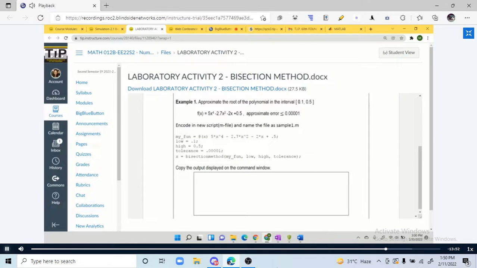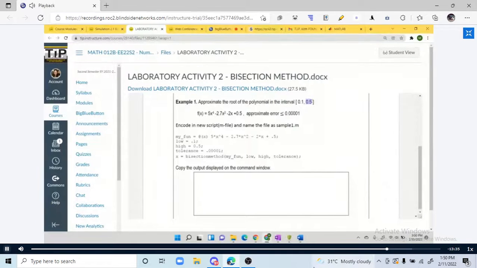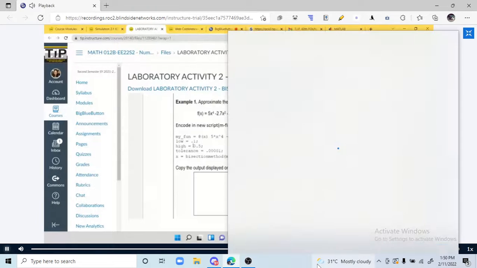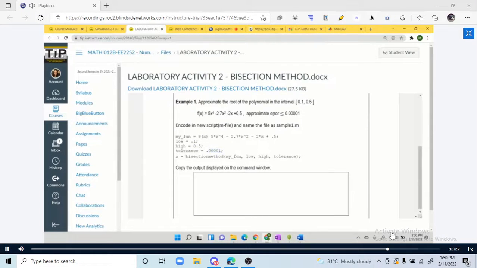to 0.5, no? So, ito yung sinasabing low. Ito yung low, yung mas maliit na endpoint ng inyong interval. Yun yung low dito sa function mo. And then yung high would be yung mas malaking endpoint. Yung tolerance is actually yung stopping criterion error nyo, so, approximate error, that's it. And then the function here,